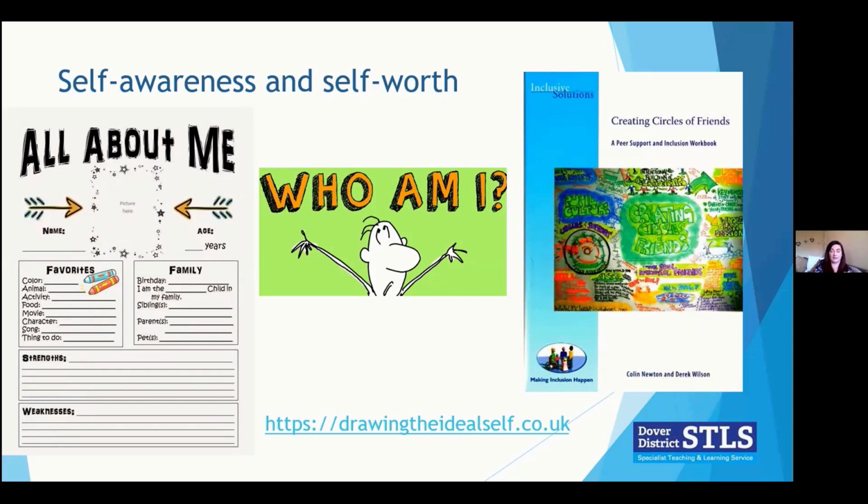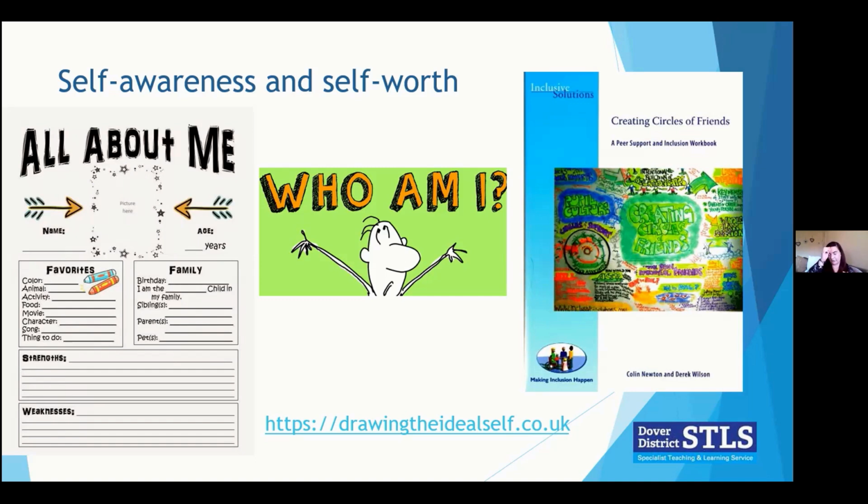Peer support is good for this too. So circle of friends is an intervention that can be used to help children gain support networks from their peers and help them to make and maintain friendships. Just understanding their role within the group, what other people see that is worthy, and give them a self-awareness and a good self-esteem to acknowledge what other people see as good characteristics of themselves.